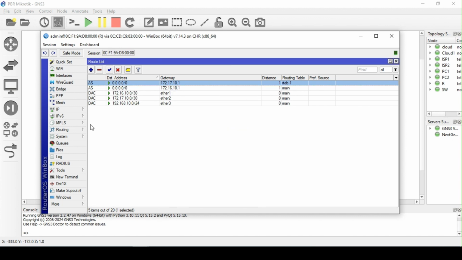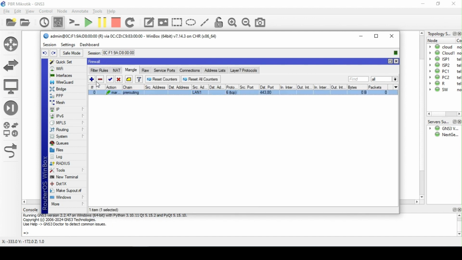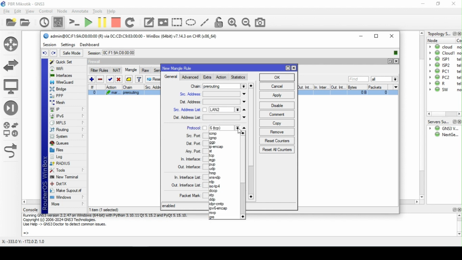And then I'll come to what? Routing. I'll come to IP, firewall, come to Mangle rules, come to Mangle rules pre-routing, and now specify source address, whether source address list for LAN 2. Okay. I don't want to give it any matcher. Maybe if I want to give it another matcher, for example, I'll say, let me use,